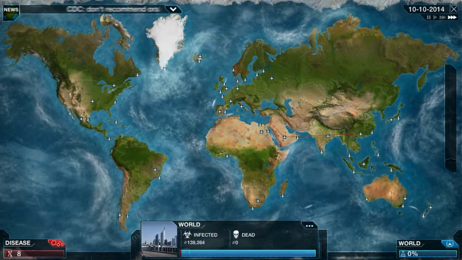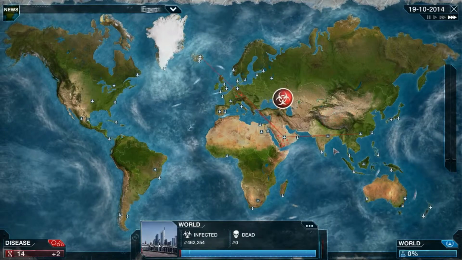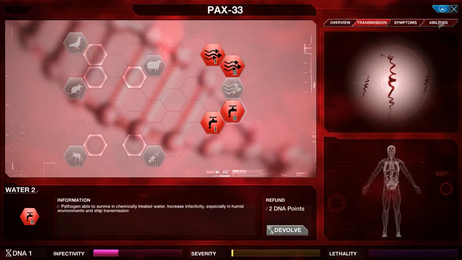And here come those lines coming out of the airport in the center of our map. I really enjoy that. Couldn't tell you why, just do. For the same reason I like diarrhea and dysentery. I just do. So we're going to go to Water 2, and now we're going to go in here,